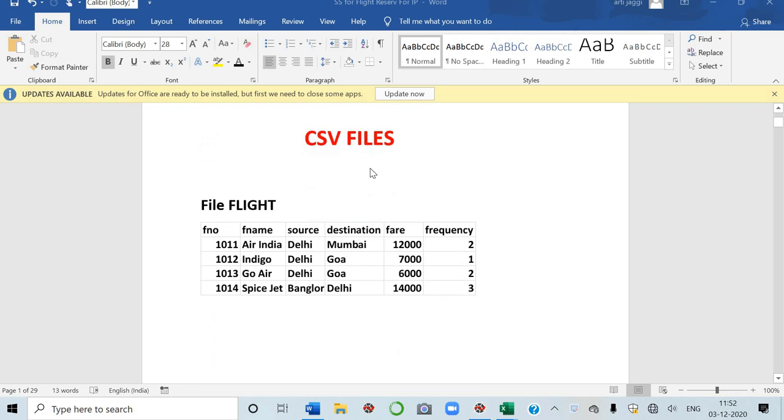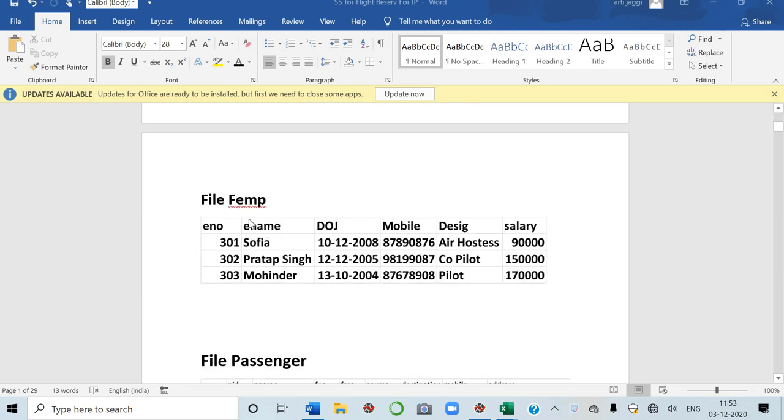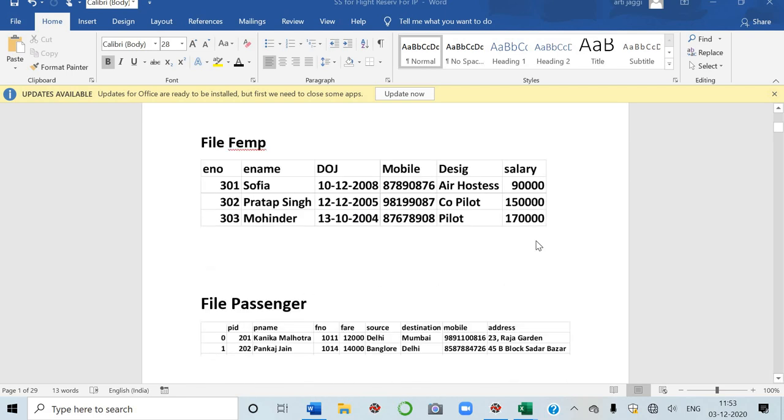See, CSV files are here from Excel. The flight file contains flight number, flight name, source, destination, fare and frequency of the flight. The second CSV file is flight EMP. They are employees in this department, so their record is also there: EMP number, e-name, date of joining, mobile, designation and salary.